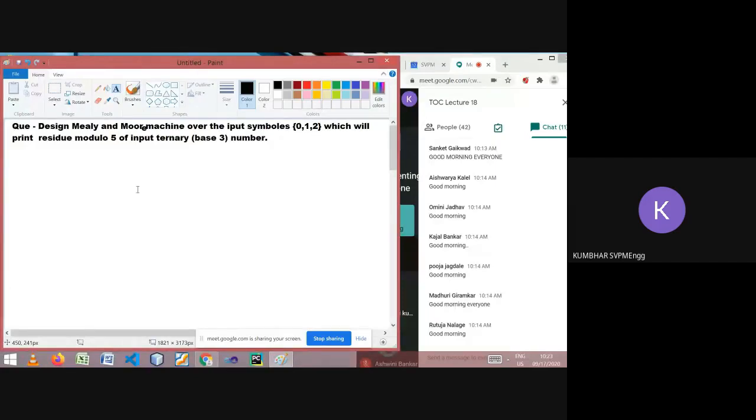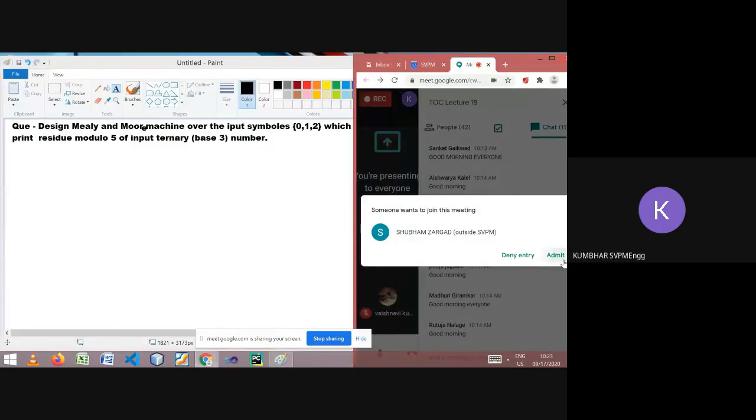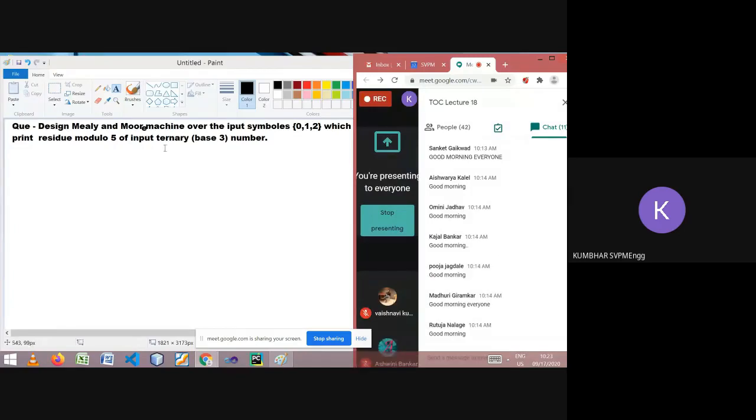But in contrast to that, in a Moore machine, output is associated with the state instead of the transition. So whenever a Moore machine resides in some state, that state is representing one output, either 0, 1, accept, A, B, C, as per the application. So only entering some state means you will get one output. That is a Moore machine. And transiting from one state on an input, which will produce the output, that is the Mealy machine.